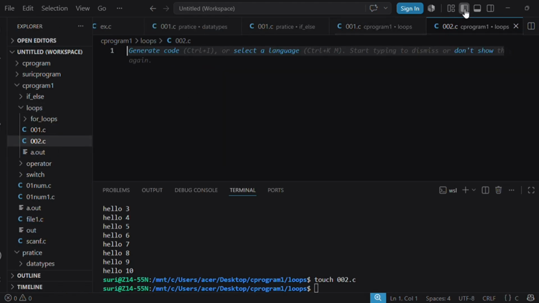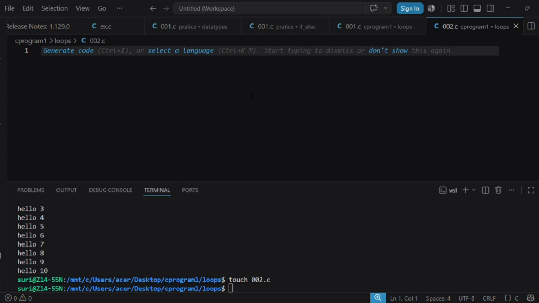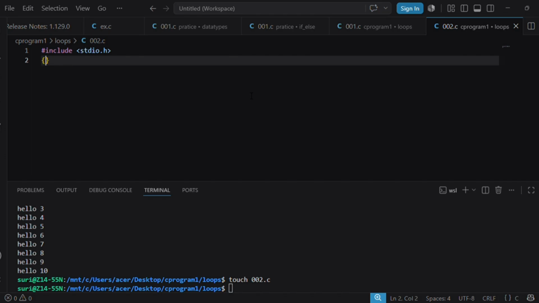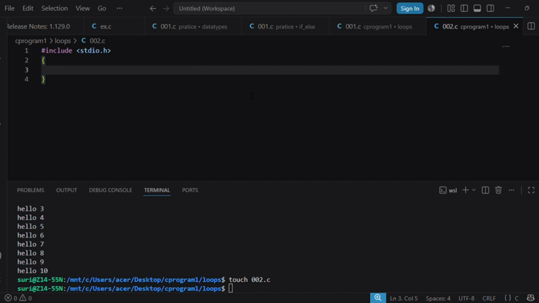Hash include. And if you want to be a professional in C programming, you need to write documentation.